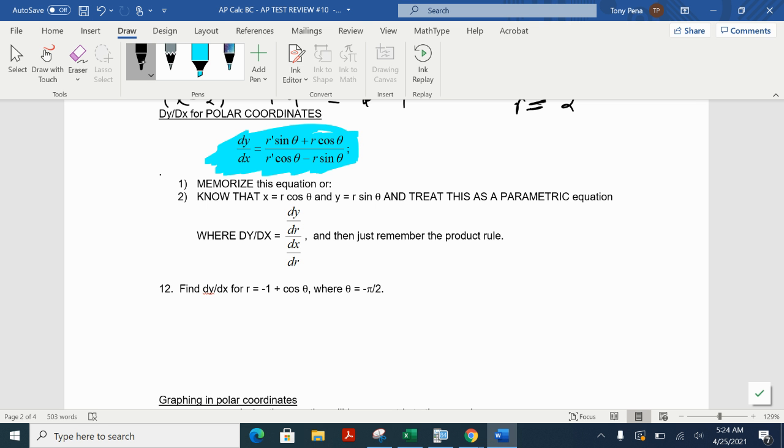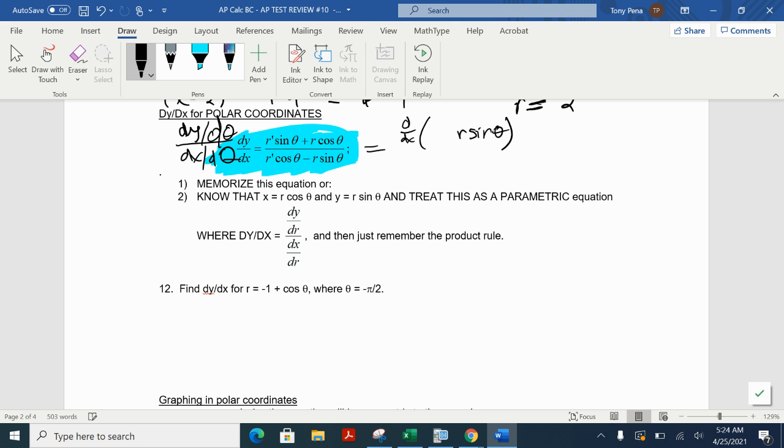That's totally fine. But all you have to really understand is what we're doing is taking dy d theta and dividing it by dx d theta. And where we're getting those from is taking the derivative with respect to x. Remember what y is equivalent to? Y is our sine of theta. So all I'm really doing is taking the derivative